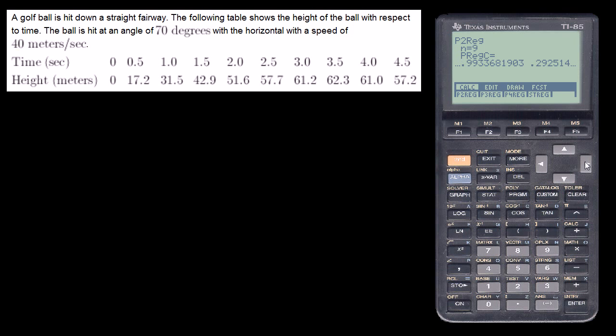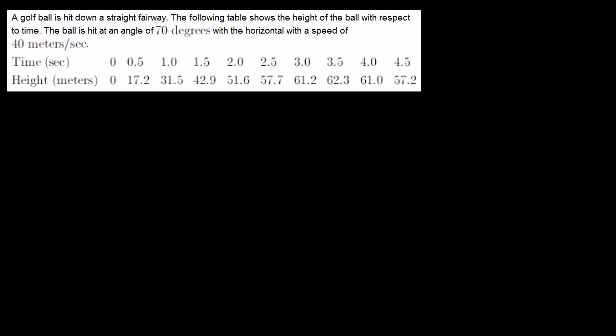35.99999. And then 0.292514. So let me write these down over here. Let me take it off the screen so I can keep looking at it. The calculator has told us that if the quadratic is equal to ax squared plus bx plus c, the first coefficient, a, is negative 5.2